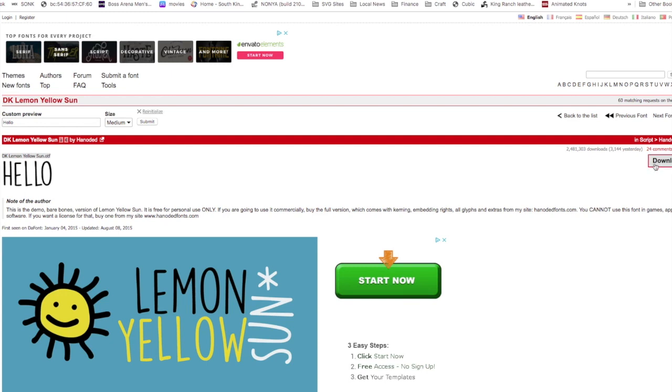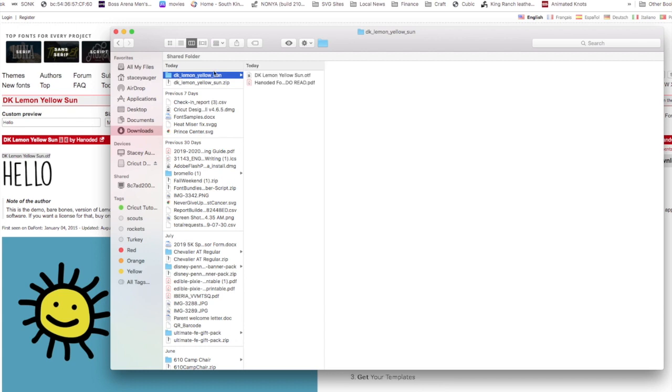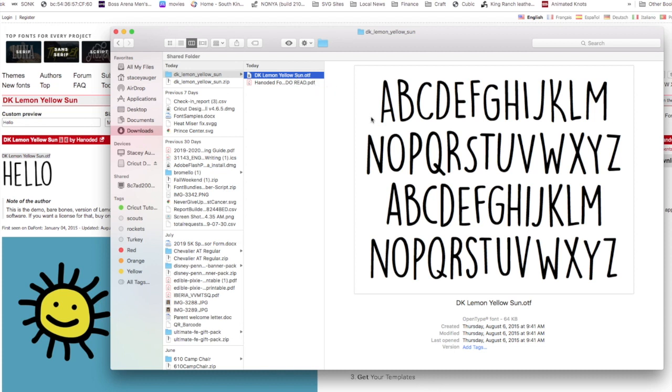Over here, and I know it's partially cut off, is the download button. If you click on the download button, it's going to download a file to your computer. I am a Mac user, so basically all I do is click on the file where it downloaded, and it shows me here that it is unzipped. It downloads in a zipped form, so if you're on a PC, you'd have to unzip it, and then this is the file right here, DK Lemon Yellow Sun. You can click on that, and for a Mac user,